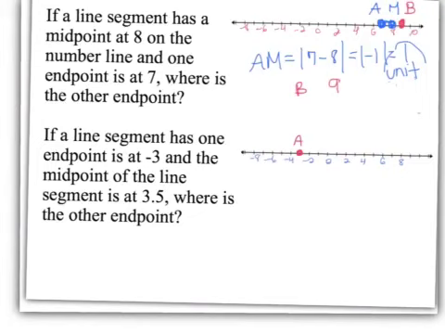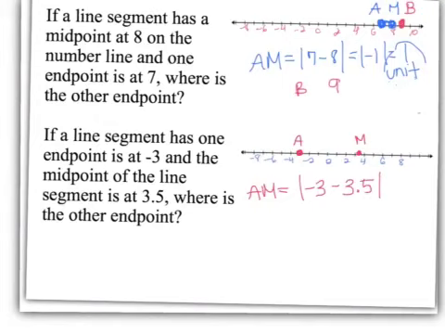If -3 is here, 3.5 is going to be halfway between them. So 3.5 is approximately here. And that's the midpoint, so we'll call that M. So the first thing we have to do is find the length, the distance, from A to M. A is at -3, and M is at